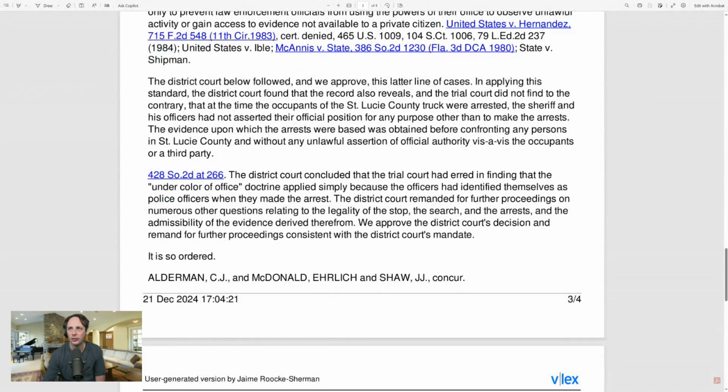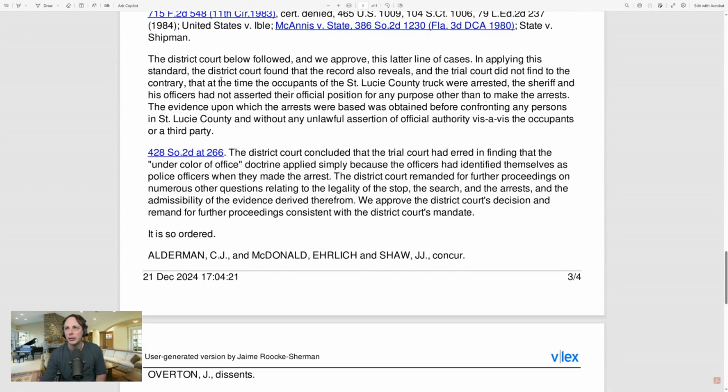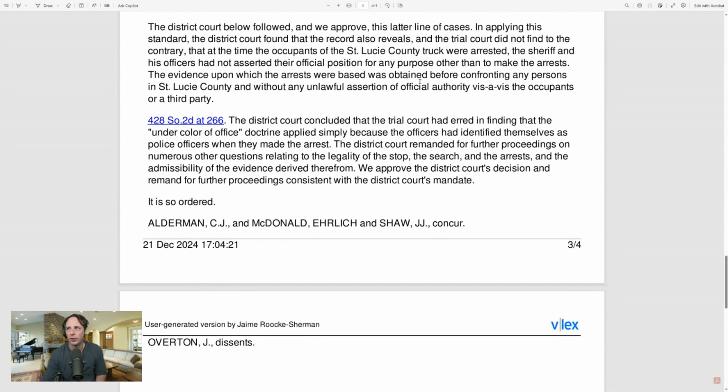And applying the standard, the district court found the record also reveals, and the trial court did not find to the contrary, that at the time the occupants of the St. Lucie County truck were arrested, the sheriff and his officers had not asserted their official position for any purpose other than to make the arrests. So in other words, the police here didn't do anything else to try to assert their position except to make the arrest. The evidence upon which the arrests were based was obtained before confronting any persons in St. Lucie